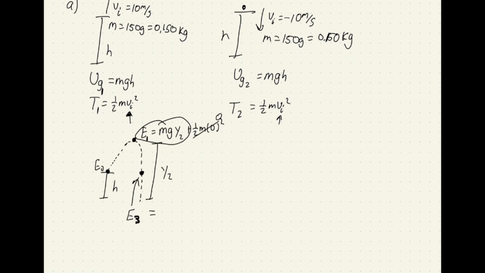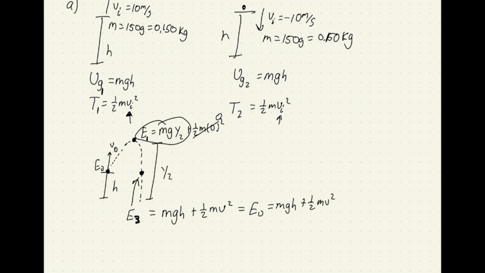For E3, I will have the same mgh that we had before because we're at that height h above the ground, but then I'll have plus 1/2 mv squared. That v squared there is going to be the same velocity, but negative. It's going to be the same velocity as what we had to begin with, at v naught. It's the same velocity, but negative, pointed downwards. And so this thing here is going to be the same as E sub 0, which was also mgh plus